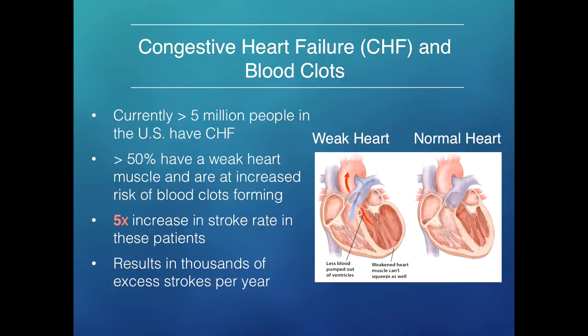And again, so these people, because the heart is weak, and this can be for different reasons. Sometimes it can be because they have had heart attacks in the past. Sometimes it can be for other reasons. It could be for an infection. It could be something that they had as a result of a genetic abnormality. It could be as a result of a medication they received. There are a number of different causes for this, but the common pathway is they end up with a weak